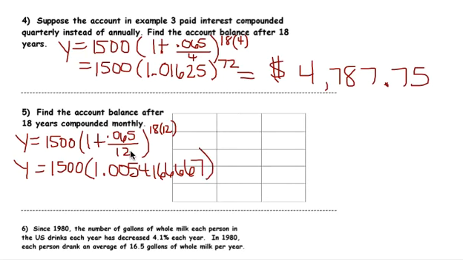And the only reason it probably has that 7 on the end is because it can't put any more 6s in your calculator. All right, and then 18 times 12 would be 216. I would say after you've written it out that many digits, you're probably going to get a fairly accurate answer. I wouldn't just write 1.0 and stop. I'd go out as many digits as you can. That'll help you get close. Because after all, your answer in terms of money is only going to go out 2 digits, right? For cents. Okay, so when you calculate all of that together,